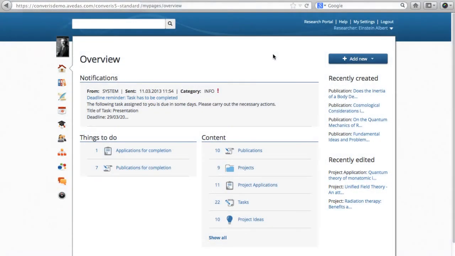This pre-recording shows how Converis facilitates workflow management within an organisation. The example is based on a project application and the communication that occurs between a principal investigator and their unit manager. On the left-hand side of the screen, the Things to Do list shows us the items ready for action,